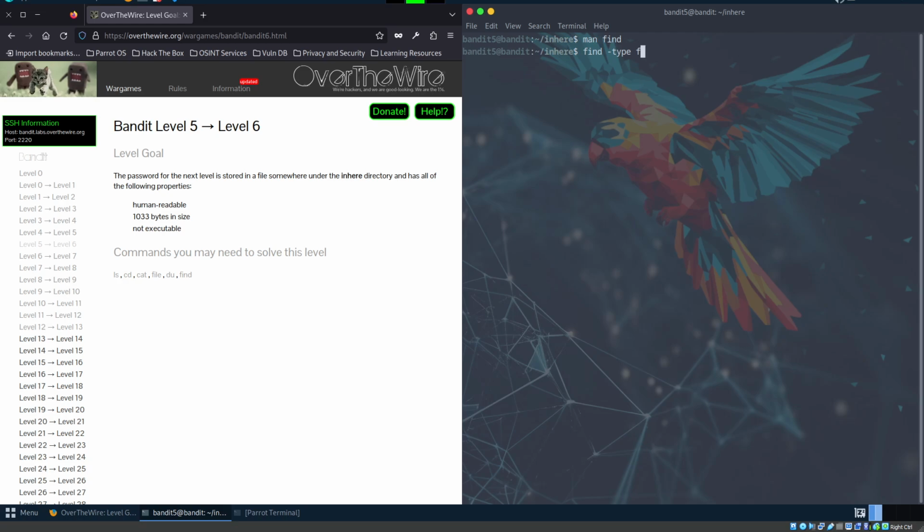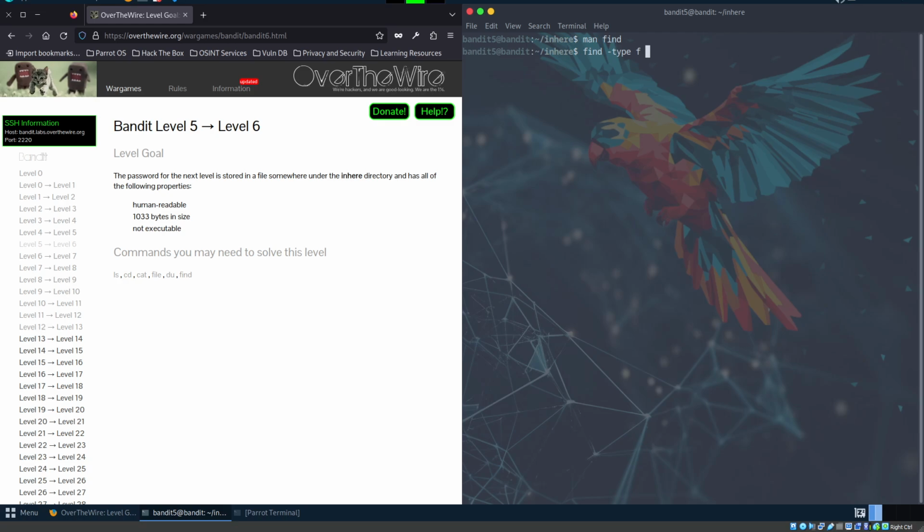Find -type f. Now one thing I should mention is that you can, if you want to, put a dot to represent this working directory as our starting point. We could do double dots to specify that the working directory above ours is the starting point, or we could do an asterisk to represent that we want this applied to all of the files available to us. But find is smarter than that, and if you leave it without a parameter, it will do it by itself. So I'm going to leave it without a parameter. So we're saying find files of the type regular file, files of type f, and then we do a space